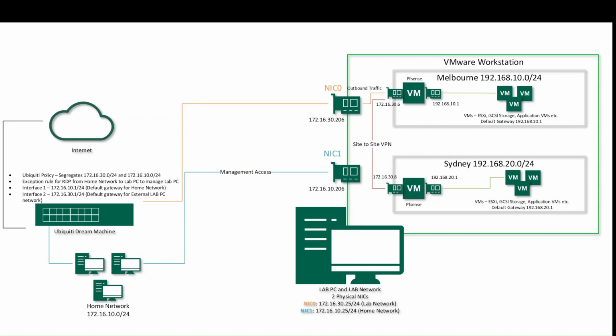192.168.20.0, which means we're going to build another pfSense router that will have an outbound NIC on the 16.30 network with a .8 IP address, and that's going to allow us to create that site-to-site VPN between the two WAN interfaces of the pfSense routers. And then basically we should be able to freely communicate between the two sites. So let's jump into the lab now,